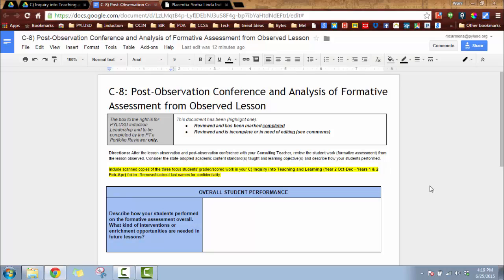All right, your observation is done from your inquiry lesson, and now you're going to take the student work that you collected. We call this a formative assessment because what it's doing for you is providing you with some information that you can use prior to the summative assessment. So formative assessments allow us to tweak and change what we're doing in the classroom to help students achieve and